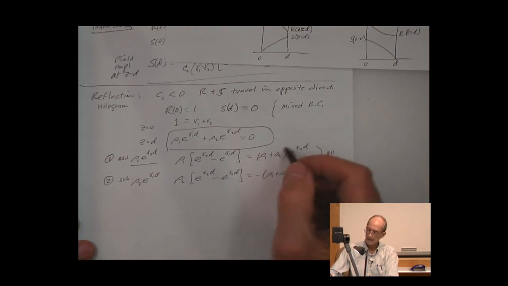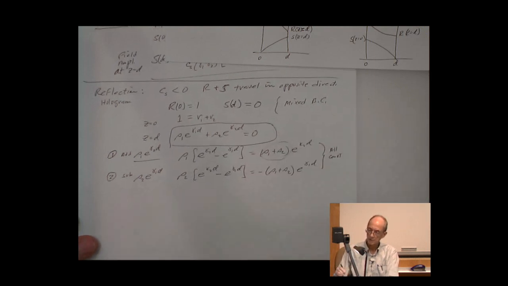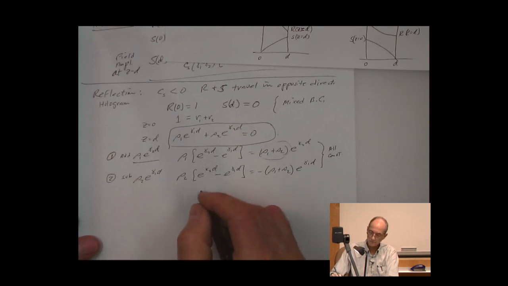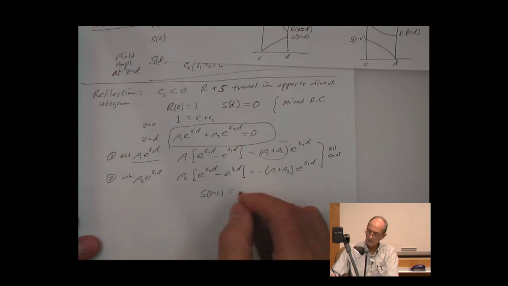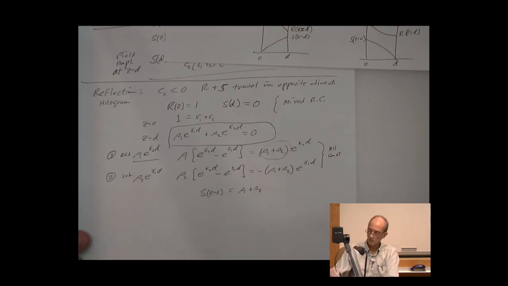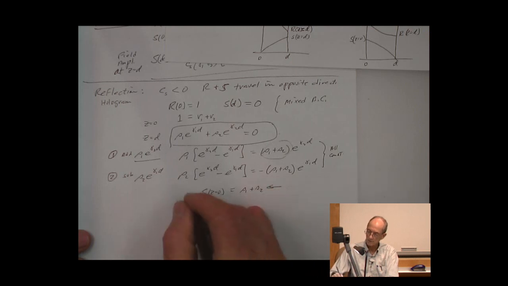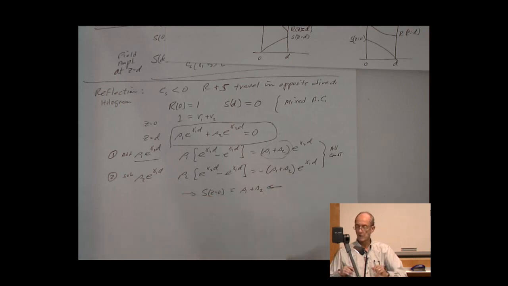And what we're really after is this, right? Because that is going to tell us S of z equals 0 is going to be equal to S1 plus S2. So that's what we need, is that term right there. All right, so what we've done there is kind of construct a couple of equations that have that term in